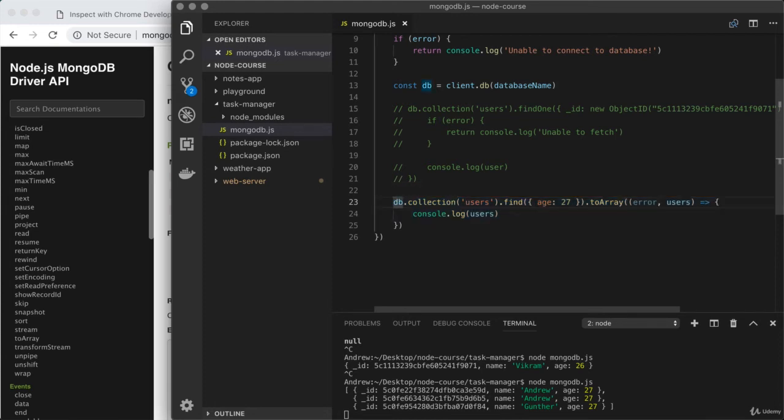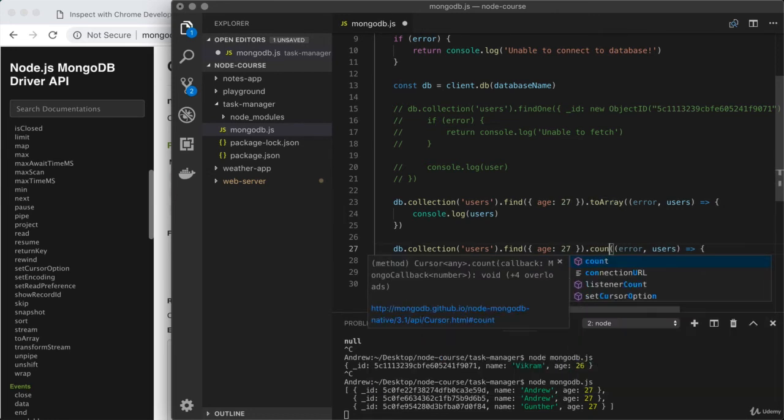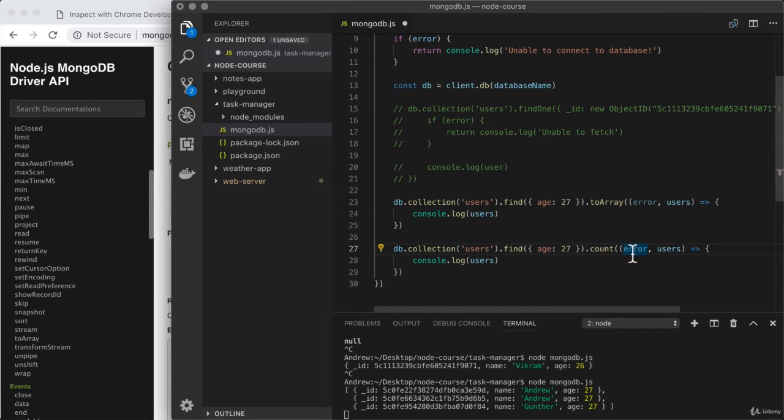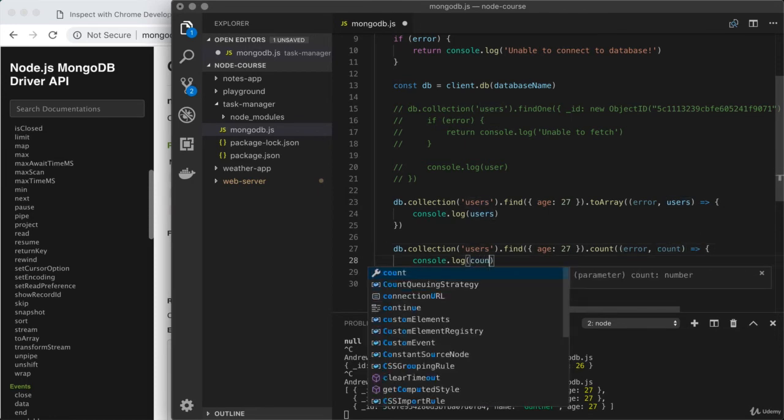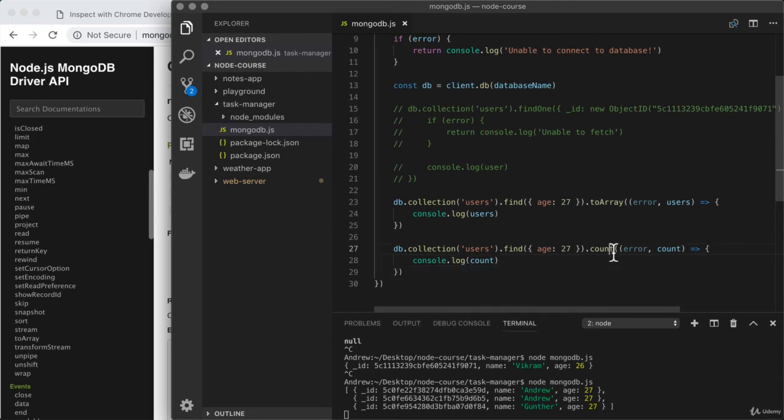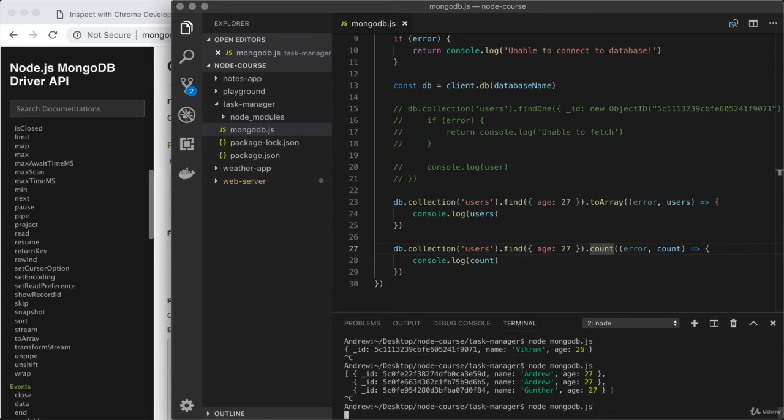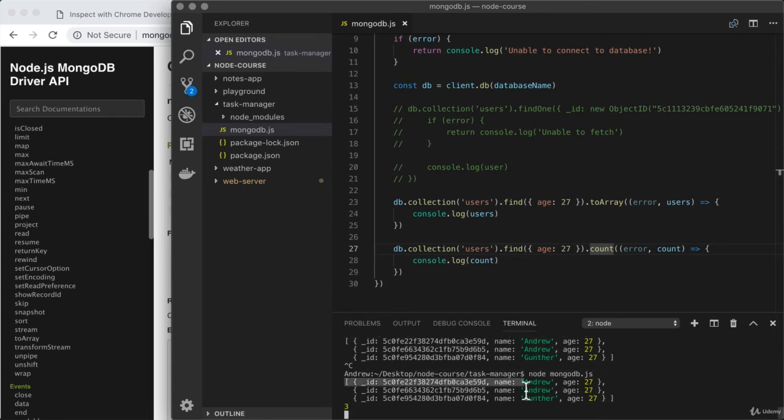Now, to further explain why cursors are being used, we can take this call, copy it, and duplicate it down below. We're going to switch from using the toArray cursor method over to using count. Now, count still takes in a callback, and we get an error potentially, or the count. So right here, I can just call that count. Then I'll just print count to the console. So it's very similar to what we had above with a few minor changes. Now, if we rerun the program, we can see the output we're going to get. So right here, I get my array for that first call to find, and for the second, I get the number 3. So this is the advantage of the cursor.